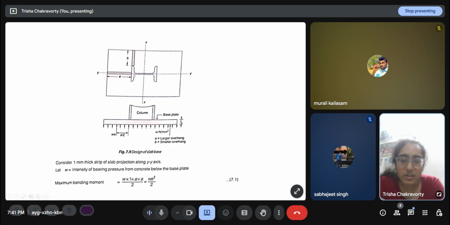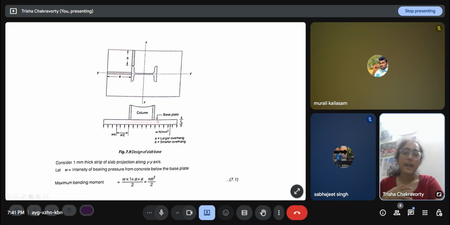So basically, this is the column. This is the top view. So this is an I section. This is the column, out of the plane, and this rectangular thing is the top view of the column base. The column goes and is connected to here. So this is the side view. This is the top view. This is the side view. This is the column base.